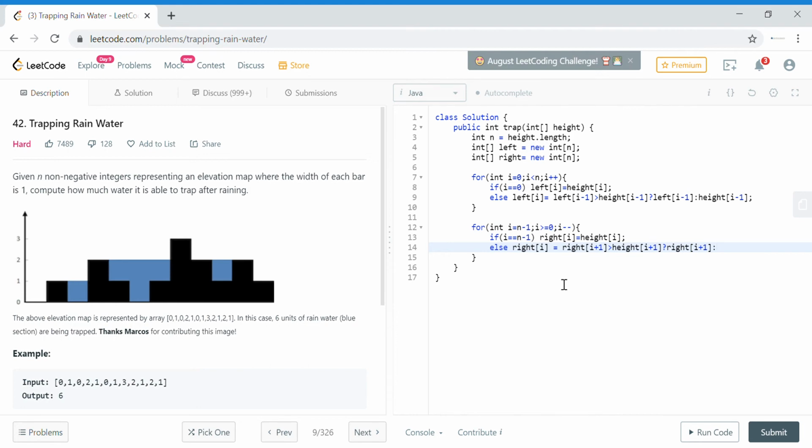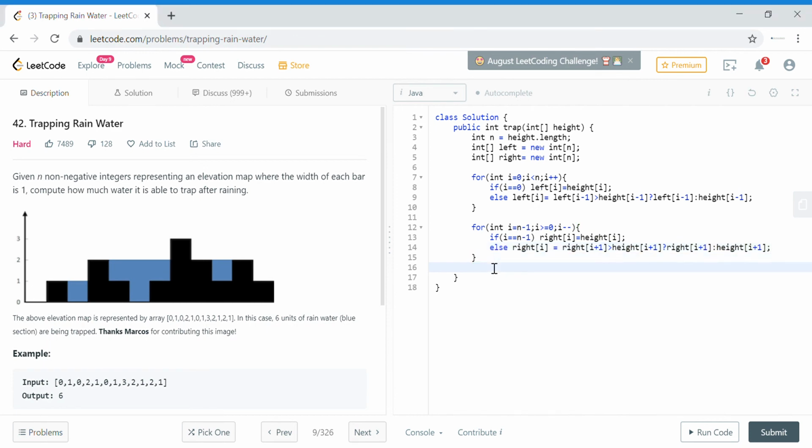Otherwise we'll take whatever height is there of the previous building. So these two cases will give me the height of the left and right local maxima for each i. So till here we are ready with our left and right arrays.